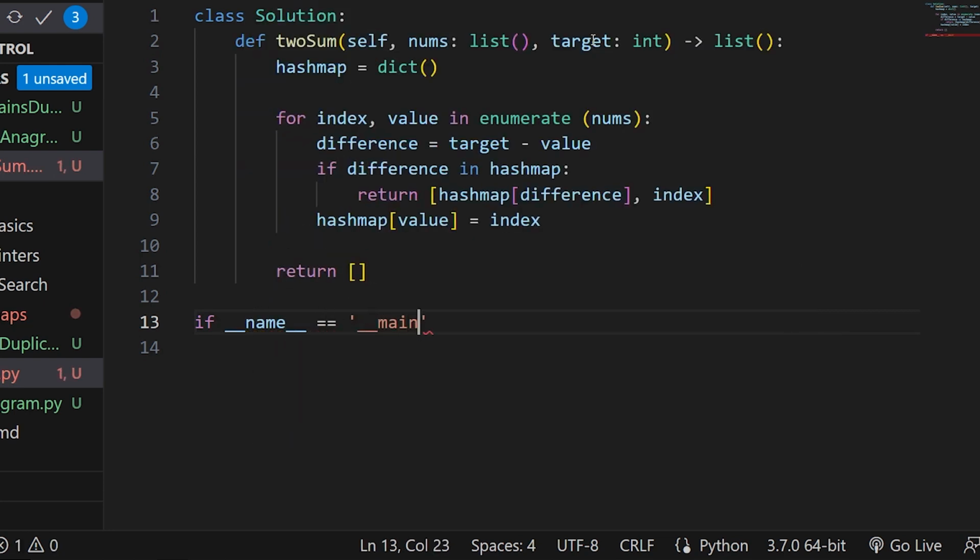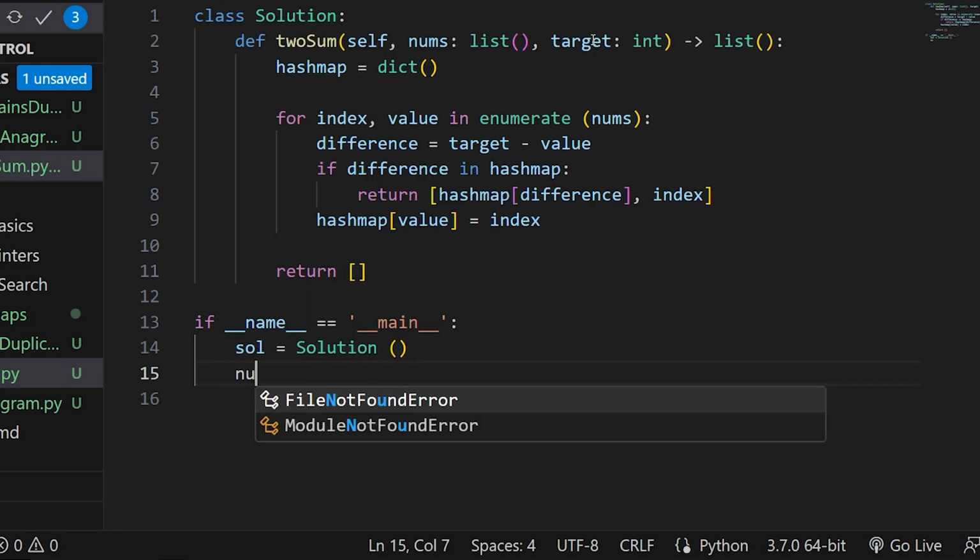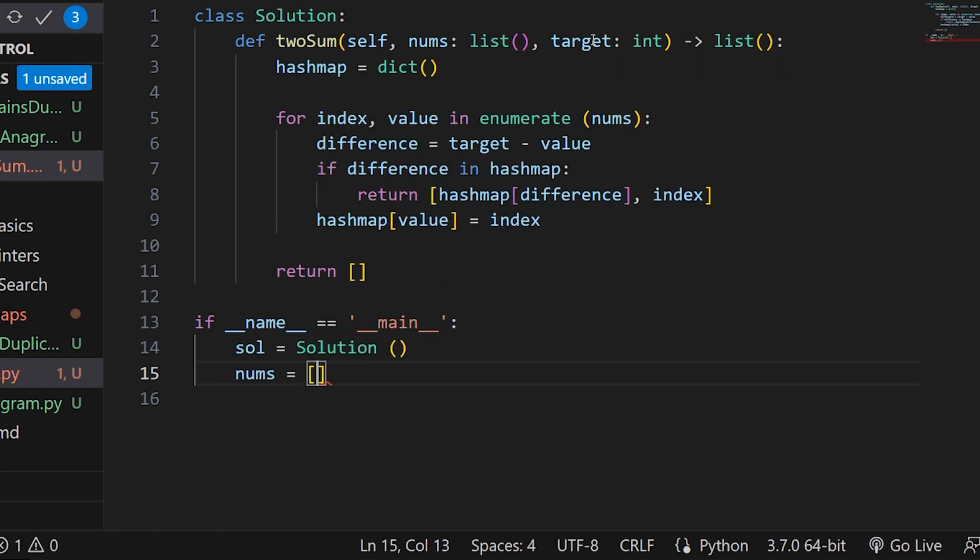Now I'll say main, and I'll make an object for the solution, and let us take our example, which was 10, after that 13, 9 and 15, and let us give the target as 19. So it should return 0 and 2.